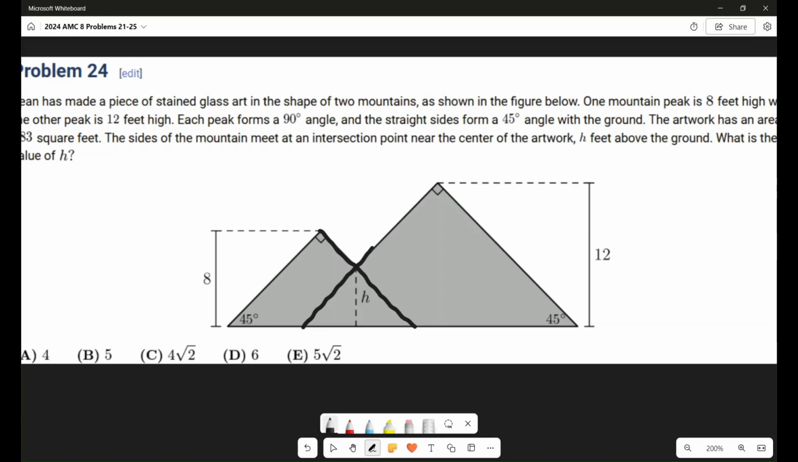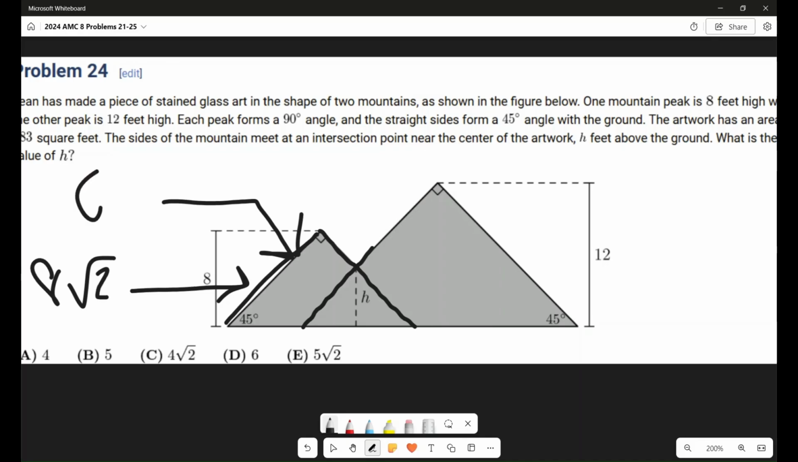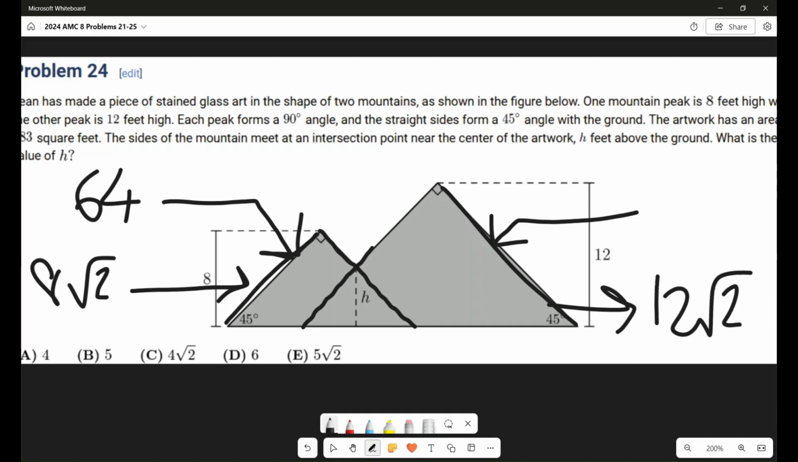Now, what's the area of this 45, 45, 90 triangle? Well, its side length is 8 root 2. So its area can be calculated to be 64 because you multiply the 2 legs, which in this case are equal, and then you divide by 2. Same idea for this. The side lengths are 12 root 2, so the area is 144. But when we add those up, we don't get